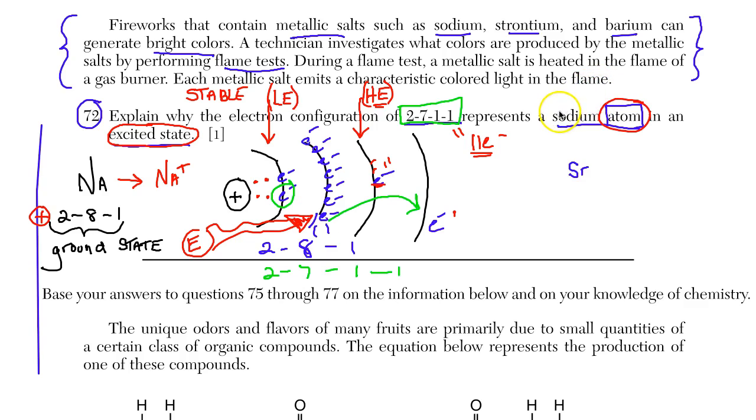You have to be careful how you answer the question. In 73, they said, explain in terms of the electrons how strontium emits colored light. Well, in number 72, I just explained why electrons jump farther away. So now in 73, they want you to explain why they give off the light, and that's leaping back. So let's step back. If I didn't review 72 with you, understand that in 72, we dealt with electrons jumping